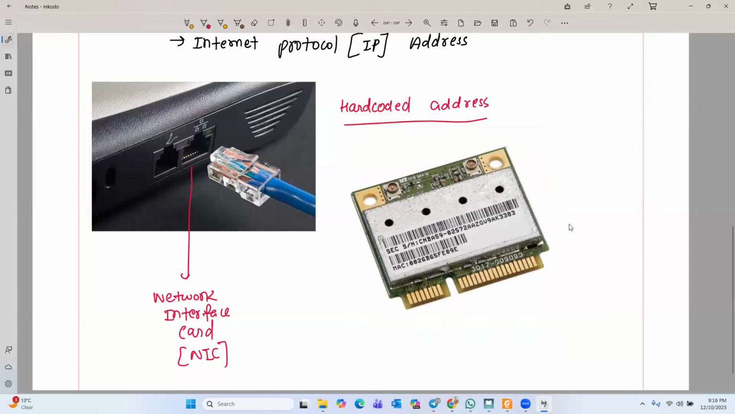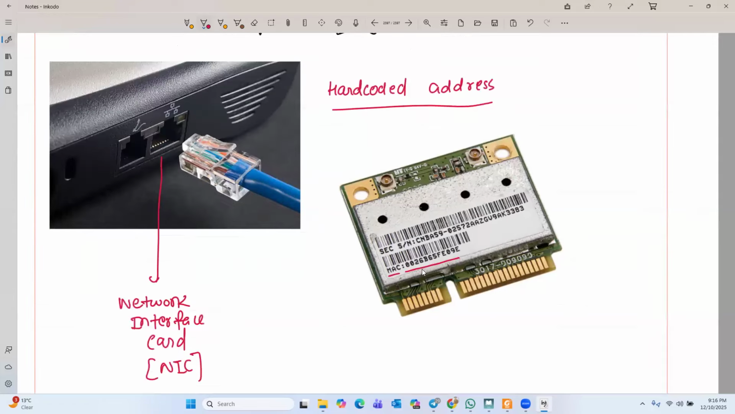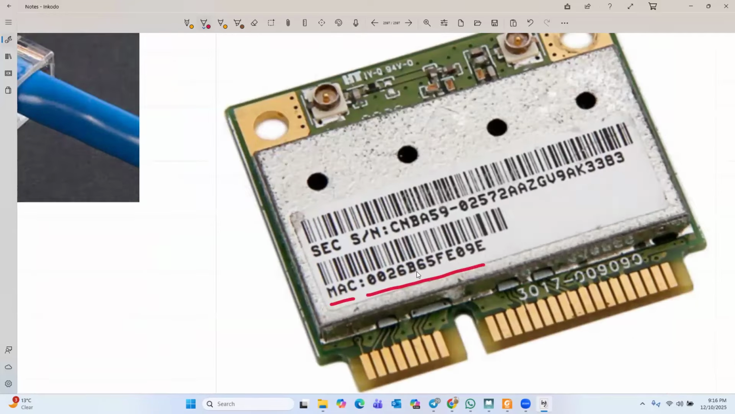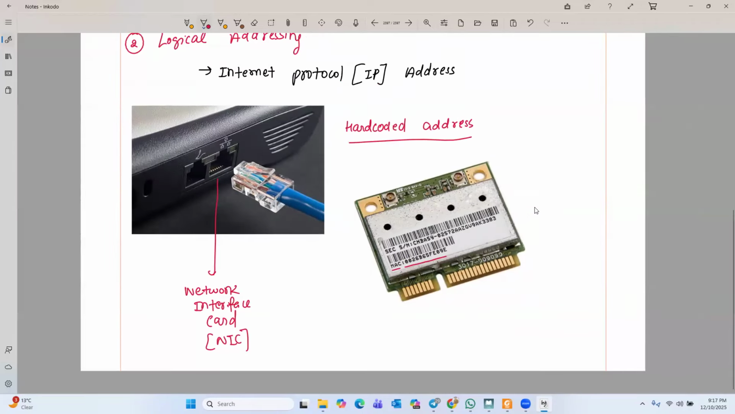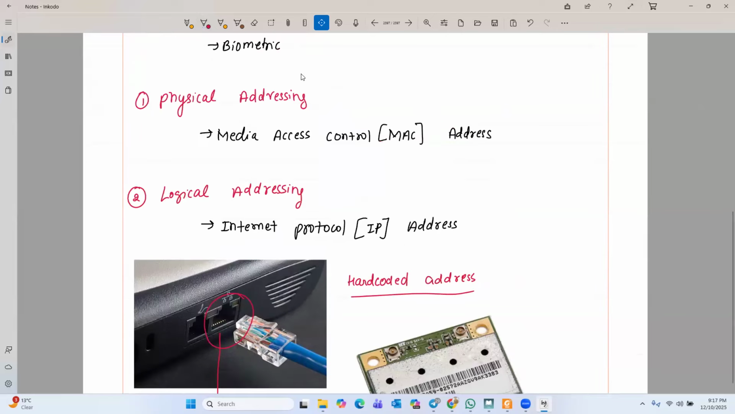So you notice that on this machine, we have an identity, MAC. You see something like this: 0026 B65 FE09E. So this is the identity of the machine. Either you are using a Wi-Fi adapter or you are using the LAN adapter. Your machine is always going to have a physical address, guys, and that address is known as MAC, media access